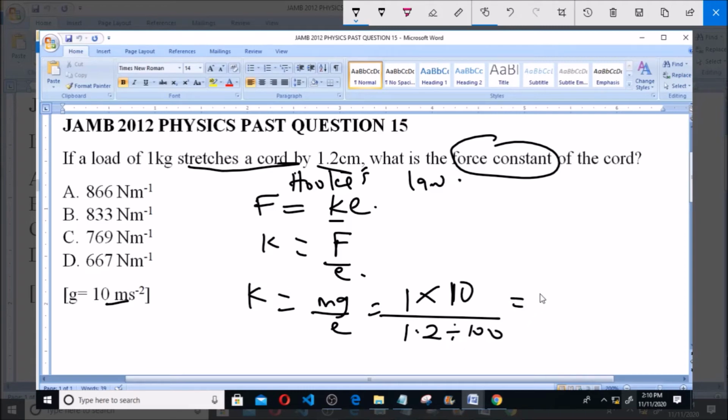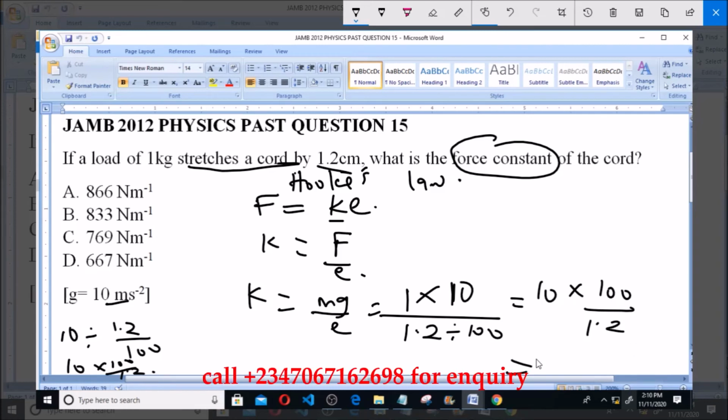So this is equal to 10 multiplied by 100 over 1.2. Of course, if you multiply 1 by 10, that is 10, divided by 1.2 over 100. So that is 10 times 100 over 1.2. So that's how we arrived at this. And if you multiply this and divide by this, what you'll get is